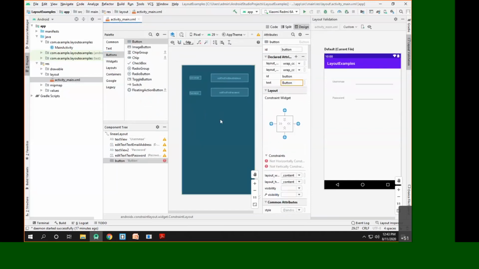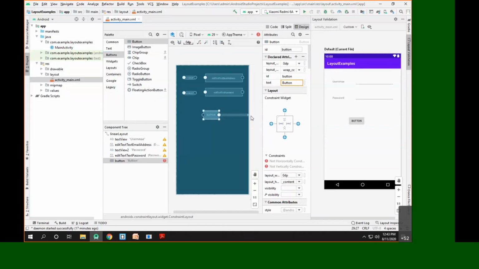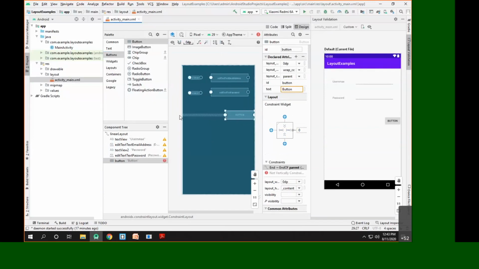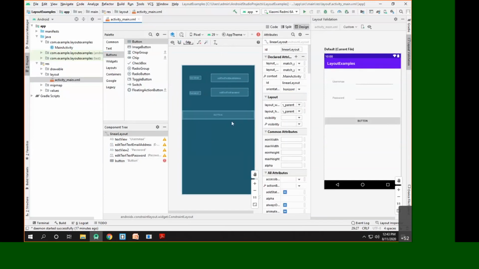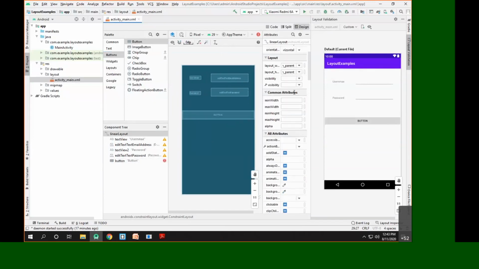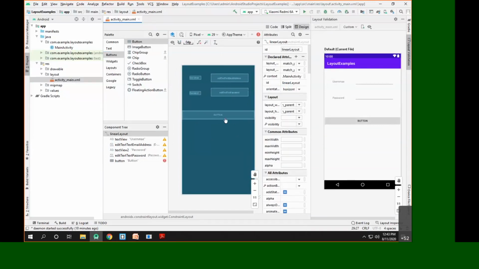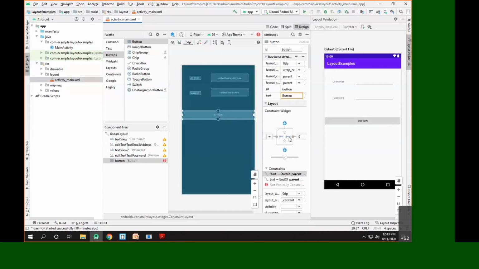This is one button that I have added. Let me refresh this. And for this button, I want to take its width as match parent. So rather than wrap content, I'll take it to match constraints, and I'll be adding the constraints horizontally. So it will take the full width. Now why is it occupying the full width? Because I have specified here that it is match constraint.